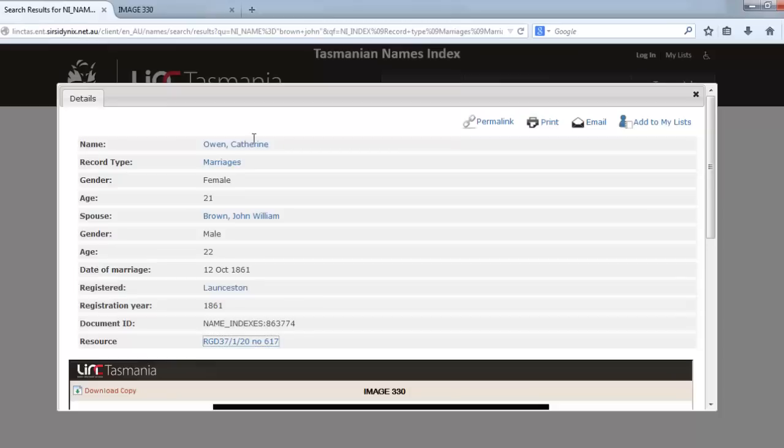Now if we go back to the original details record that we got by clicking on Catherine Owen's name or the image next to it, there's several features that can help you find more information. The first thing to be aware of is that anywhere where there's blue text is a link to a search. For example, after looking at this record, we're not so sure that the John William Brown in this record is the one we're looking for. Is it our John William Brown? Or maybe we just want to find more information that might be attached to John William Brown. So if we click on this,